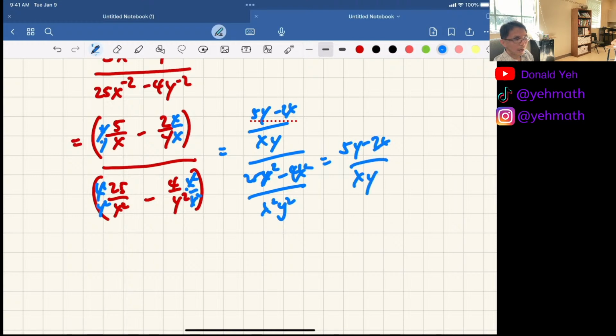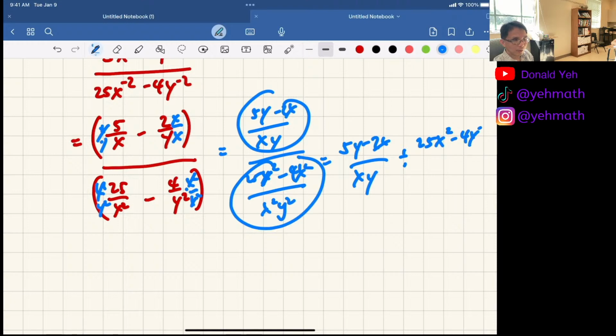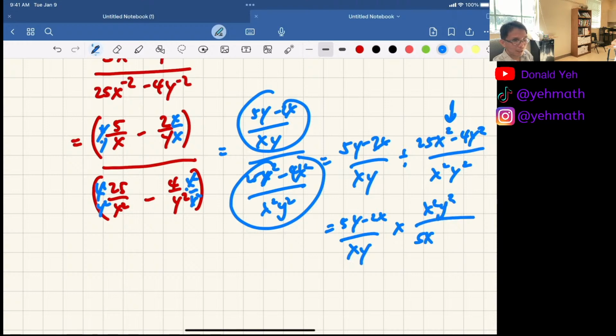Right. I'm going to divide. So divide this by this. So it's 25x squared minus 4y squared. And Lucas was right, because that is a different square right here. So it's going to be 5y minus 2x over xy times x squared y squared over 5x plus 2y and 5x minus 2y. And the